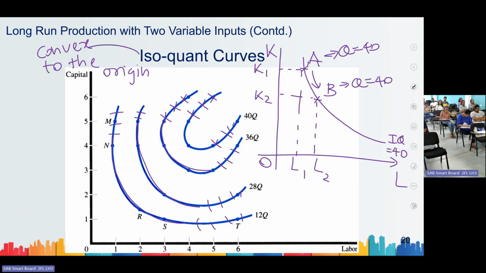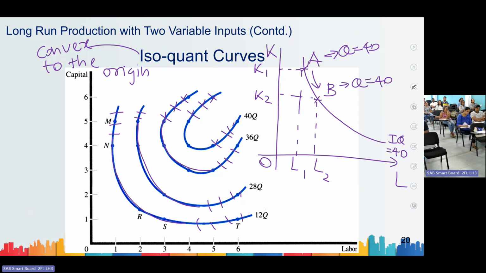Since both points produce the same amount of output, they are indifferent between these two combinations. They can produce either at A or B. They can produce 40 units of output at either point A or point B. Both produce 40 units. So assume, since the firm is indifferent